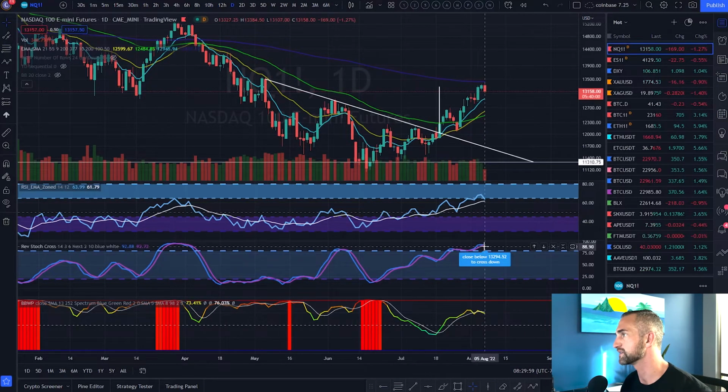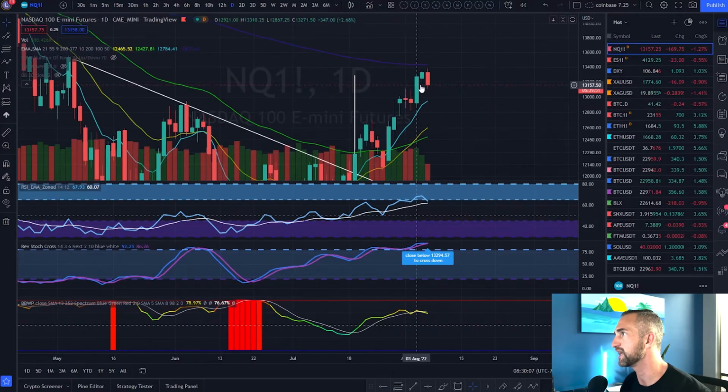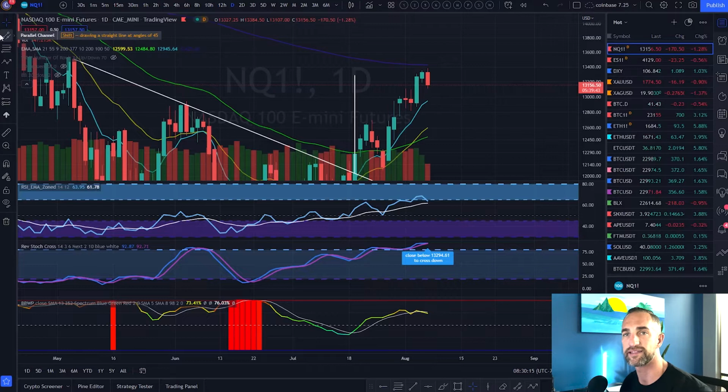And now what are we seeing? Stokes will cross to the downside today with any kind of a closure below 13,300. Being that we just got a tick below this last guy, I am expecting a minimum move down to 12,964. And I'm willing to bet those non-farm payrolls today, which are coming out,